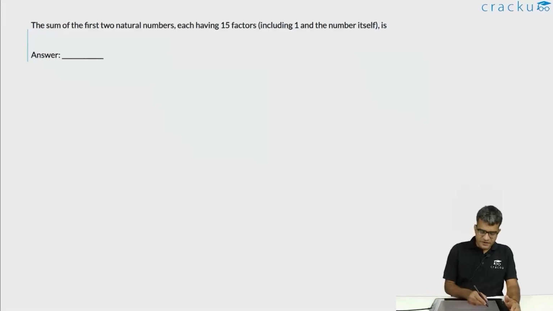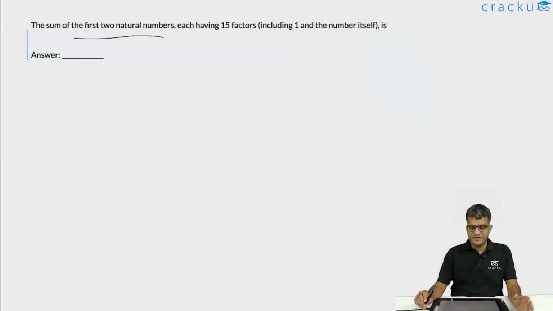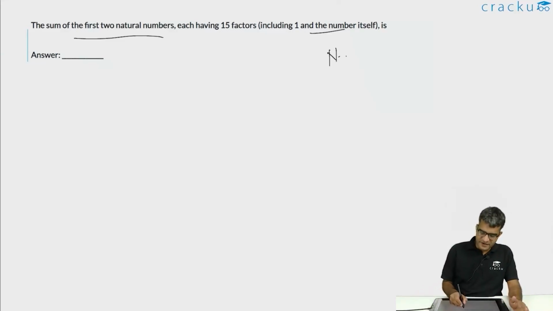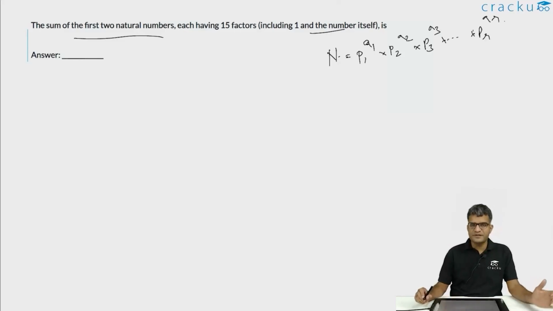In this question, we are required to calculate the sum of the first 2 natural numbers, each of which has 15 factors, including 1 and the number itself. Before we actually answer this question, let us try to understand what is the number of factors of a particular number. If you have a number n, and if you are doing the prime factorization of n, that is if you are writing n as p1 to the power a1 into p2 to the power a2 into p3 to the power a3 and so on into pr to the power ar, where p1, p2, p3 dot dot dot till pr